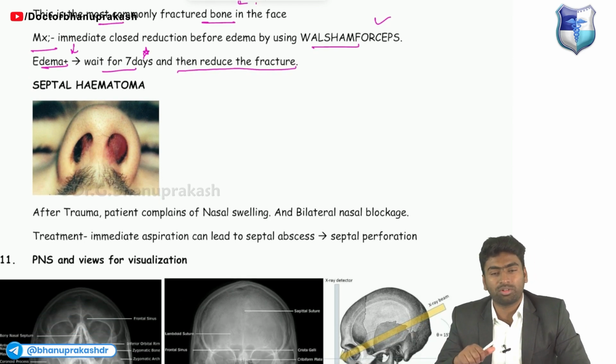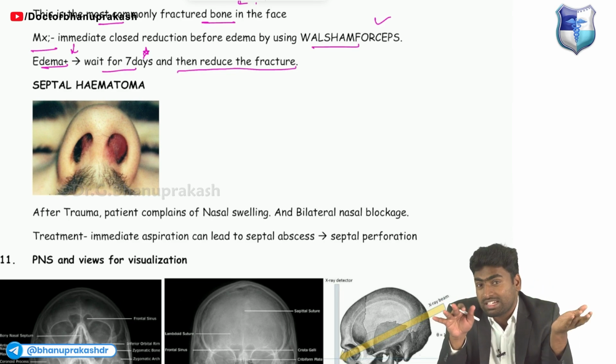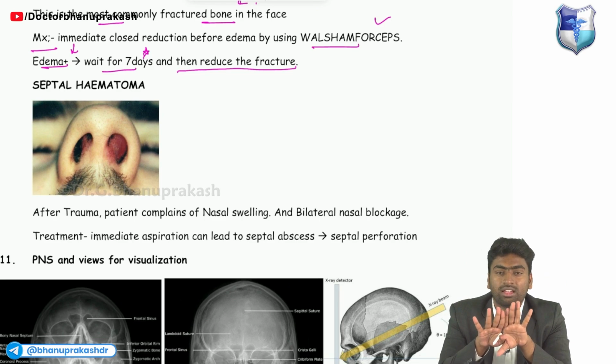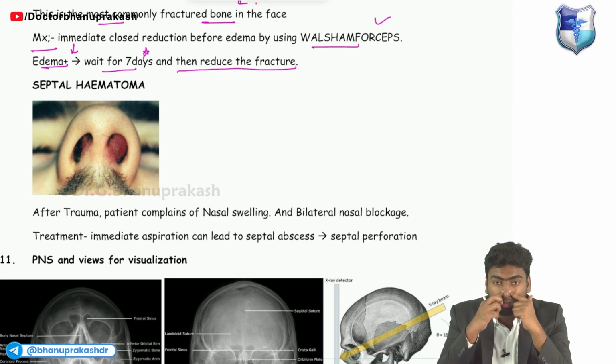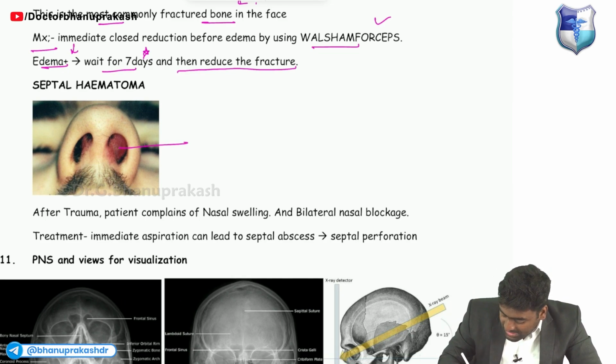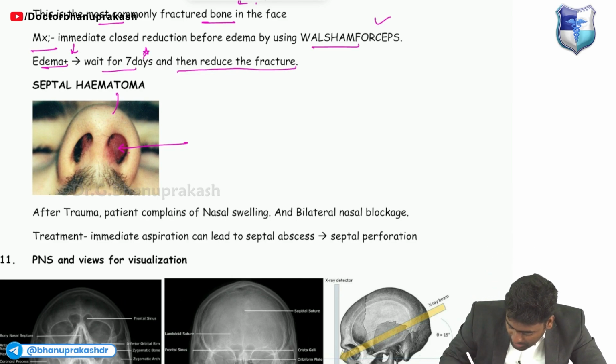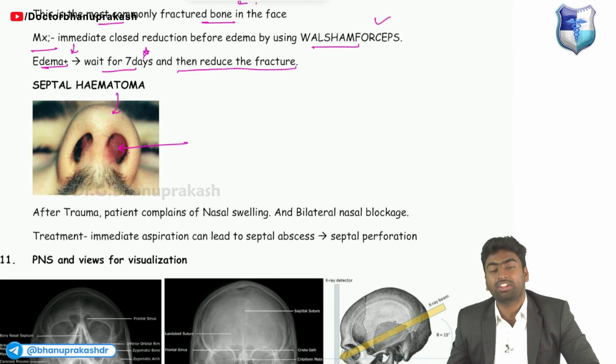For example, you are going to the mall and there is this automatic door, like it should open, but it is not open, so that you got hit into your nose. So initially what will happen is this septum will get injured, and we know the septum has these blood vessels. It leads to this collection of blood into this nasal septum. इसको हम क्या बोलेंगे? It is the septal hematoma,